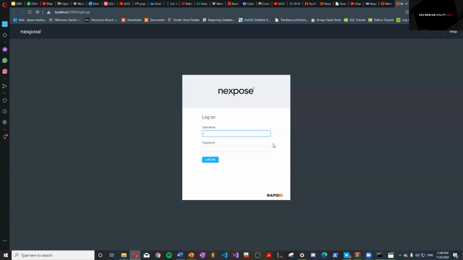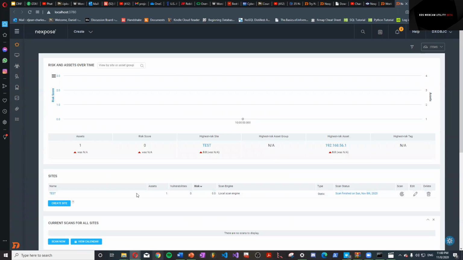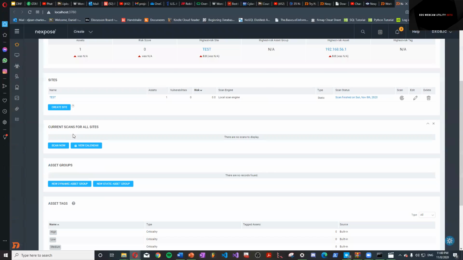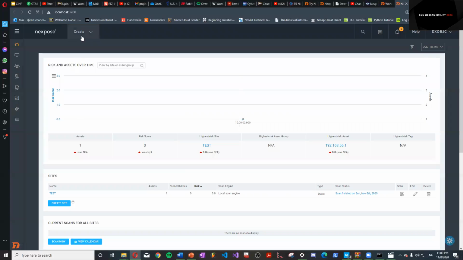And now we'll go on to the demo portion of this presentation, in which I'll show you how to use Nexpose, in which you would need a username and a password for your account with the Rapid7 organization. And then you can find within the homepage any previous tests and or scans that you did specifically on your own engine. But in order to create a new scan, you have to go here to the site,